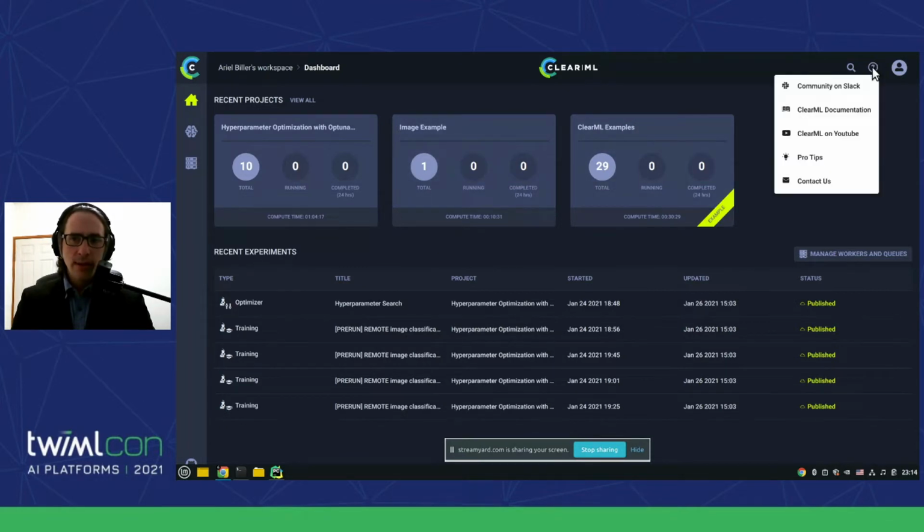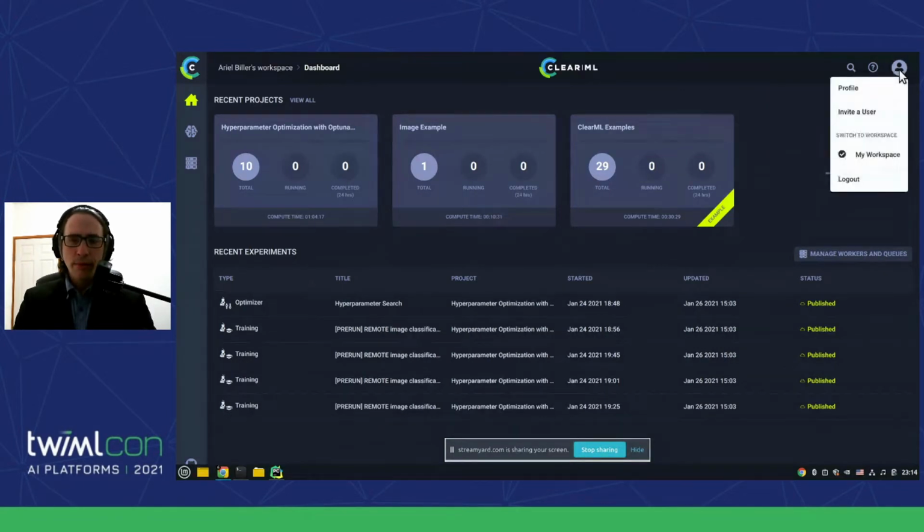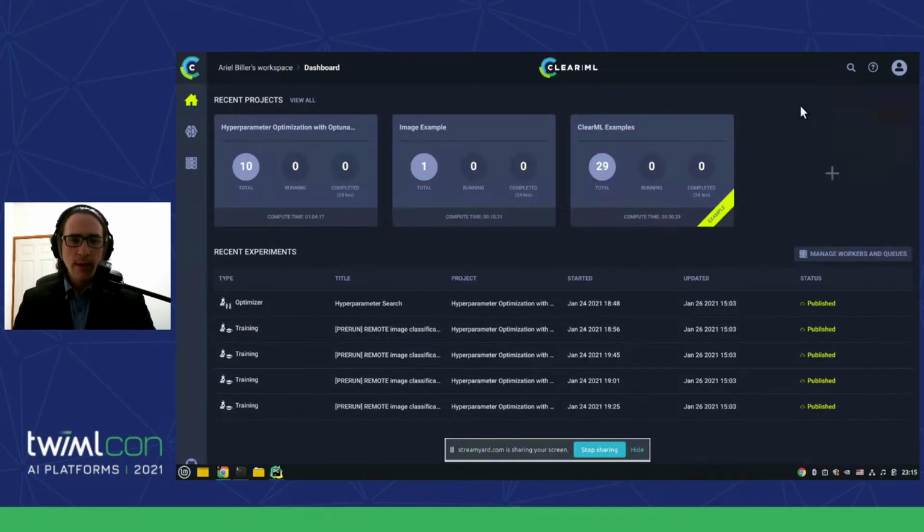The question mark gets you to the documentation you've just seen, and the Slack button gets you to our Slack community. And please join us. There's also a meme channel. Here will be the profile that you will use to generate the credentials. And down below, we have the GitHub repository, and you're welcome to join and fork or star us, please.